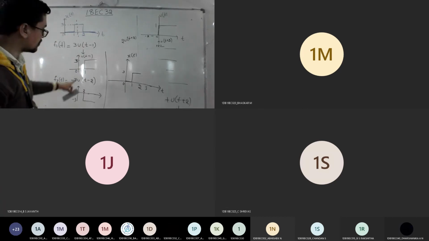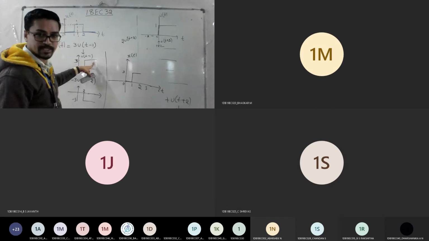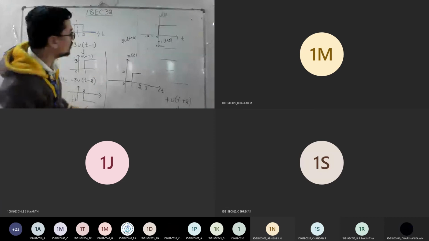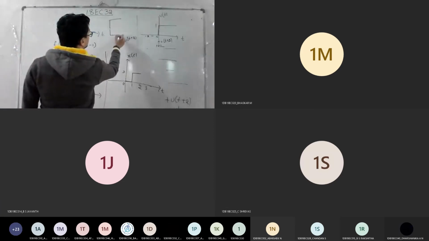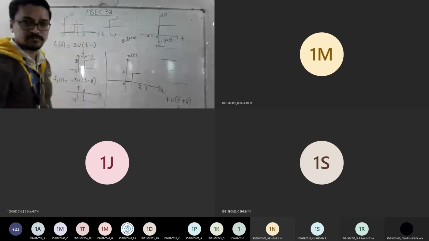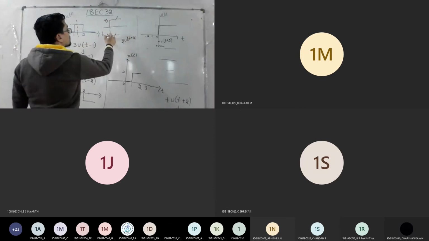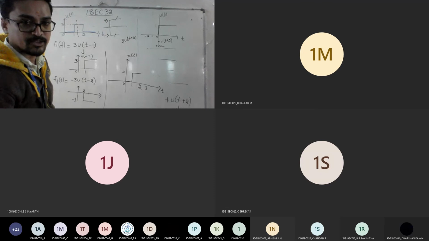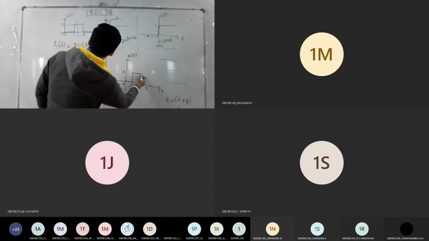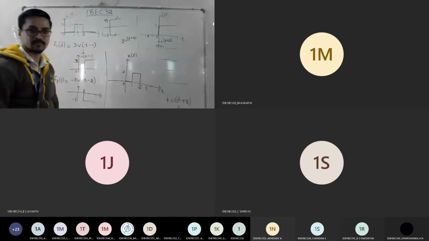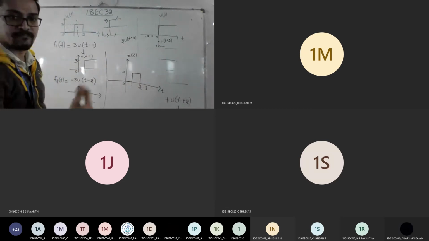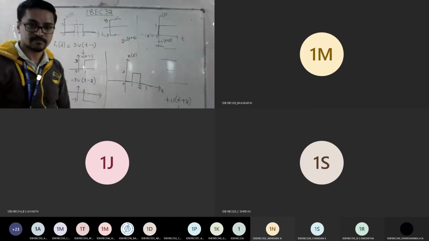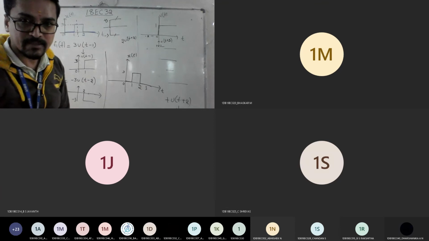Now check 2 to 3. This one has a positive amplitude and this one has a negative amplitude. The signal goes like this, and the other goes like this, so they get cancelled. Plus 3 and minus 3, if you add them, they get cancelled. That's why the amplitude dips from 2 towards 0, and afterwards there is no signal, so it is kept constant. Is this what the question gave?